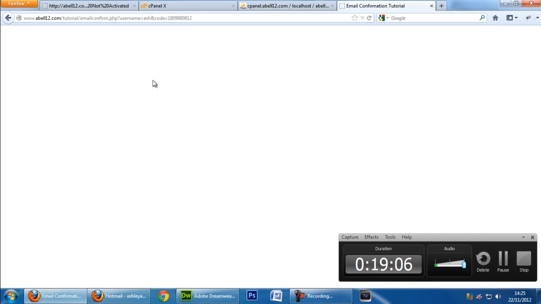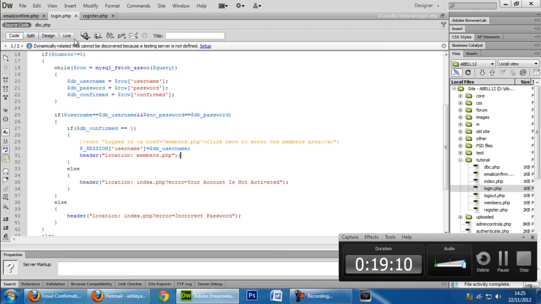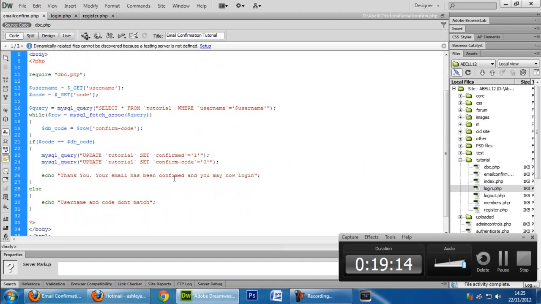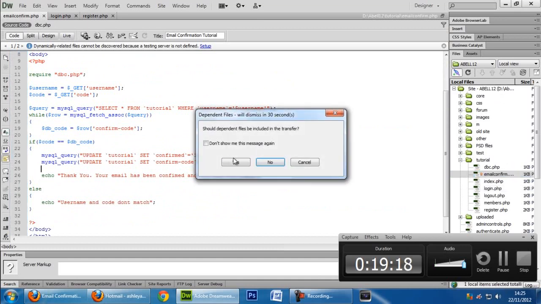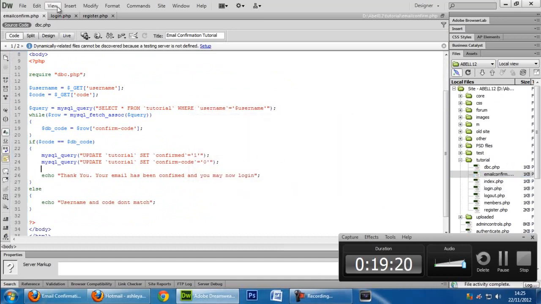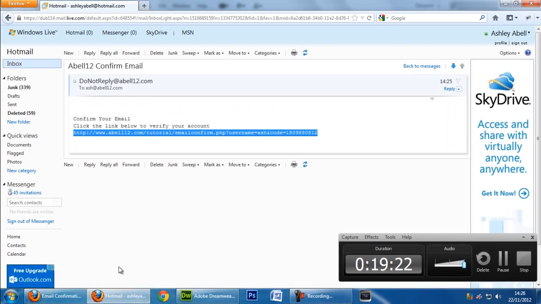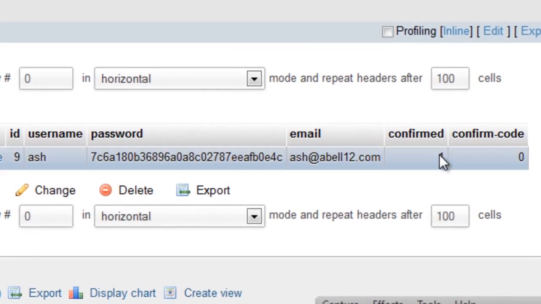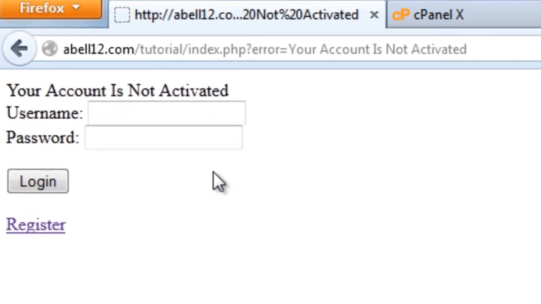that should have worked. I don't know why the echo hasn't come through. I'm pretty sure you'll figure that out. It's just I've probably just not uploaded it, but it'll probably work. Just ignore that echo. You'll figure that echo out. It's probably nothing difficult. And as you can see, confirmed is changed to 1, and we don't need a confirm code anymore. So now if I try and log in once again,